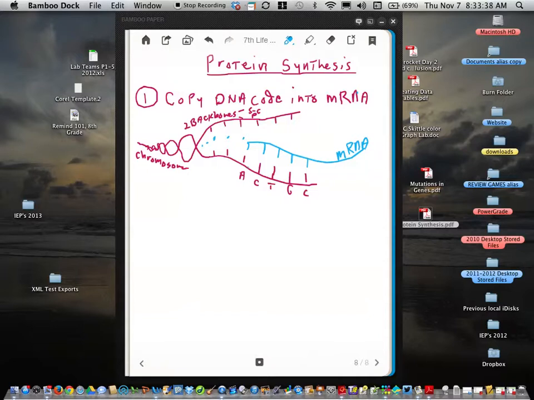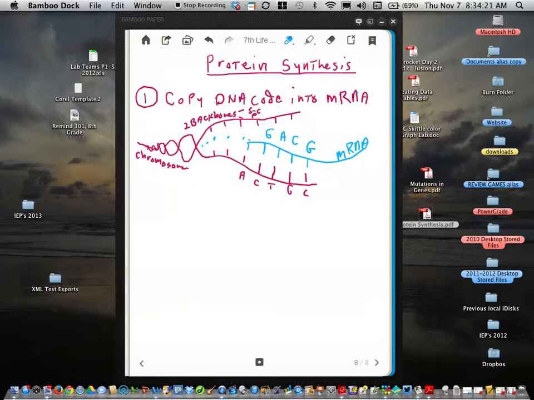That mRNA molecule is specific to the sequence in the DNA. And here's how it works. The mRNA, just like the DNA, has a 5 carbon sugar and a phosphate for the backbone. The nitrogen bases are a little different. C will bond to G in mRNA, just like in DNA. G will bond to C, so these 2 are okay. T bonds to A, just like in DNA. C with G, and that's okay. But right here,